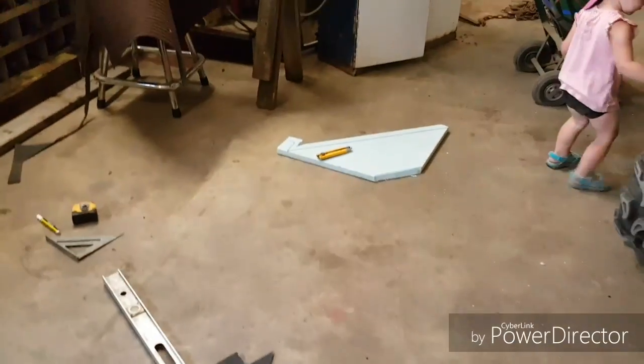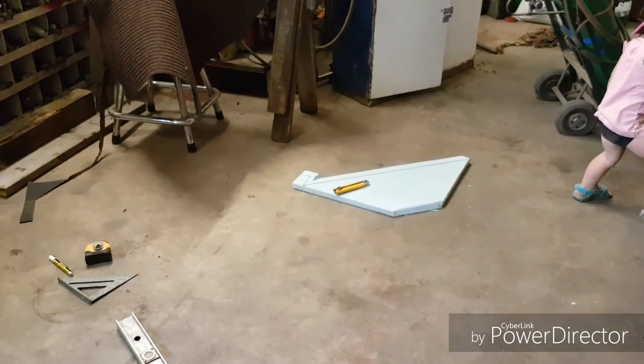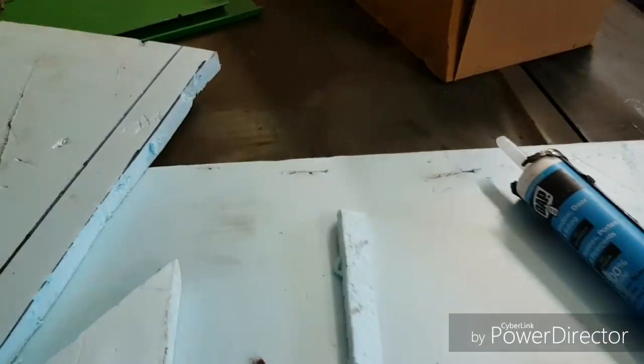She can't do anything with it because there's no blade in that one. I just broke it, but anyway,